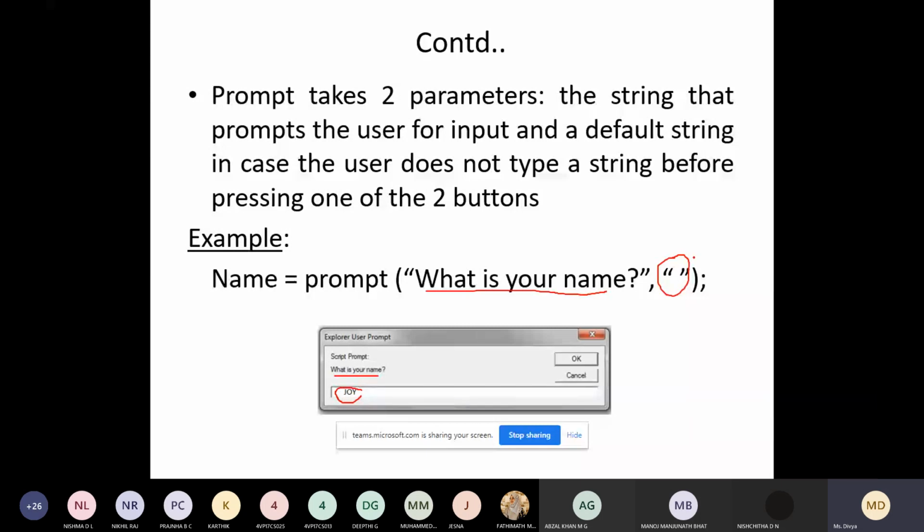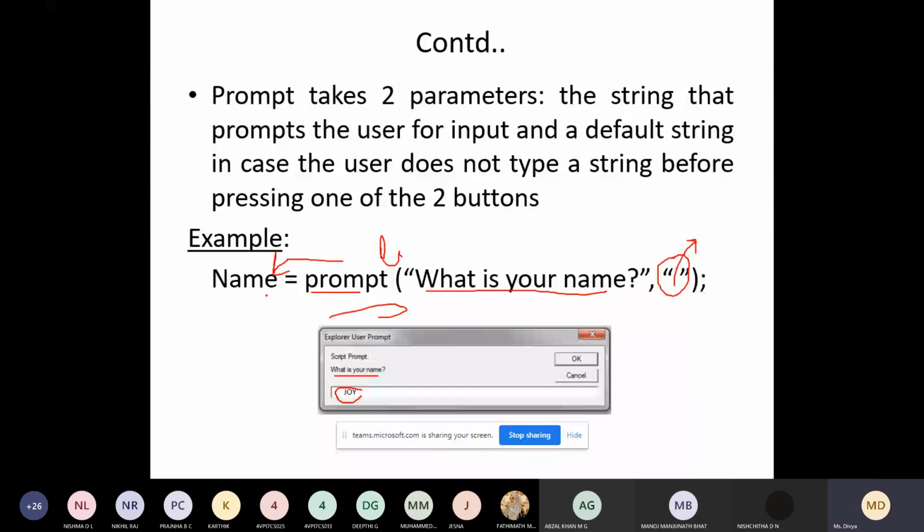If you remember, in the lab program we wrote Harry Potter, so that will be displayed here. Whatever you enter, for example if you enter Divya, that Divya will be stored in the variable name and it will be of type string. The return type of the prompt is always string.